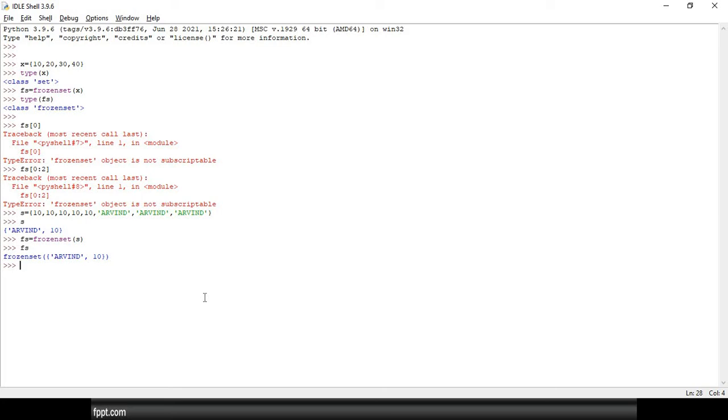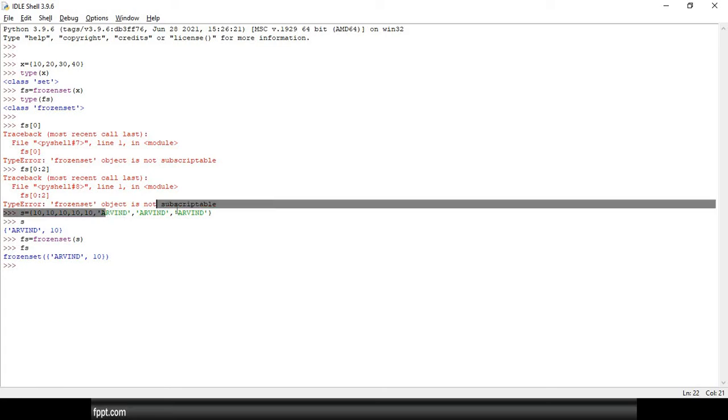The answer is no. The concept of set and frozenset does not allow us to preserve the insertion order. See, in that section I am trying to store the integer value 10 three times, 5 two times, and Arvind three times.